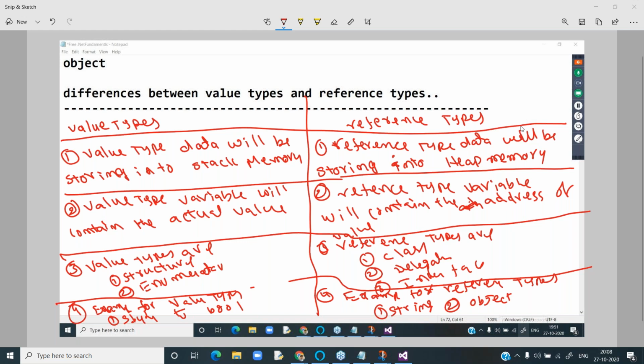In control statements, we'll discuss conditional statements, loops, and jump statements. And last, we discuss arrays. Up to here, we will cover in the free classes.